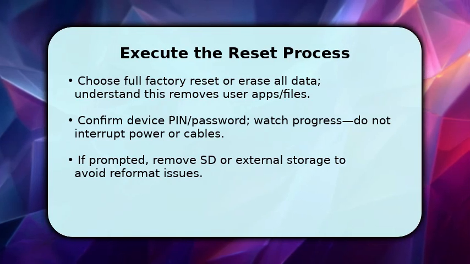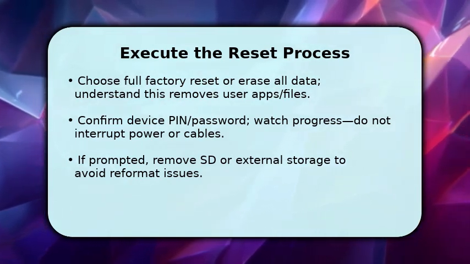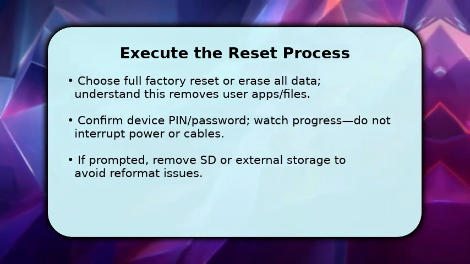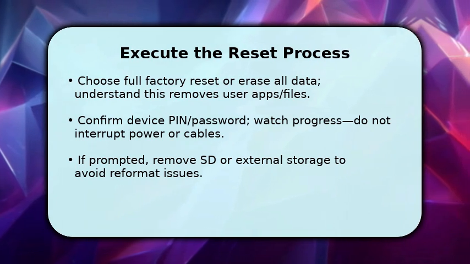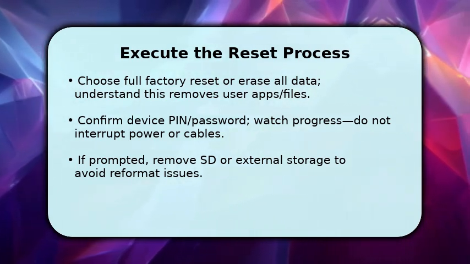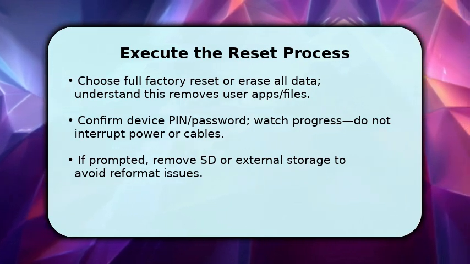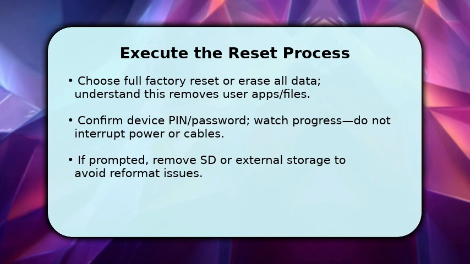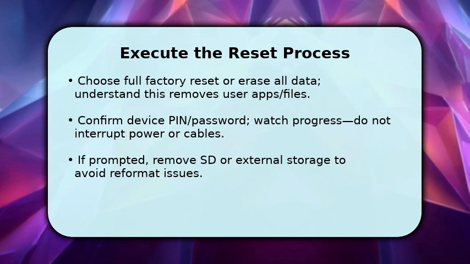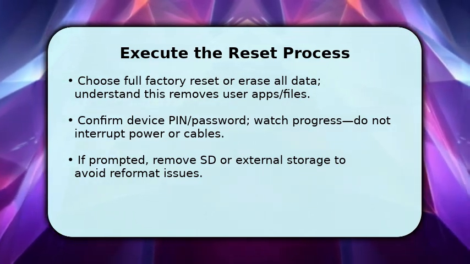You now confirm the reset choice and why it matters. Select Erase All Data or Factory Reset for a complete wipe, because partial resets leave some app data behind. Then enter your PIN or password to authorize. This prevents accidental wipes. Once confirmed, the device will reboot and run the erasure sequence. Do not power off or disconnect during this stage, because interruptions risk corruption. If you have an SD card, remove it beforehand unless you want it wiped, and let the reset finish until